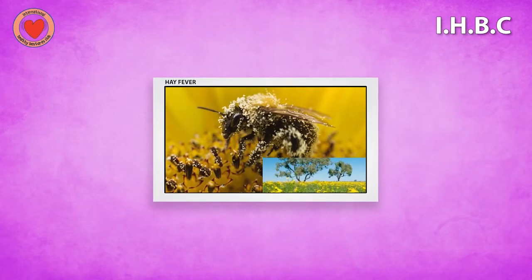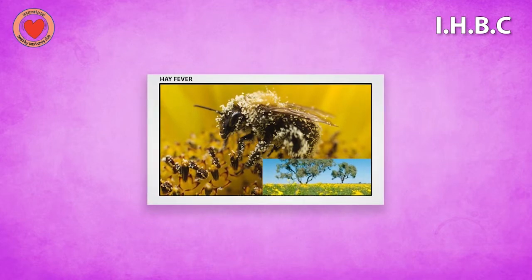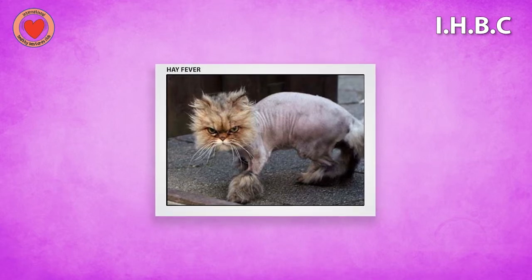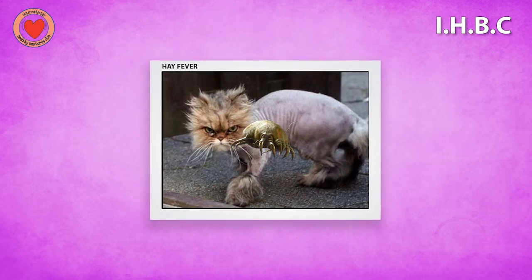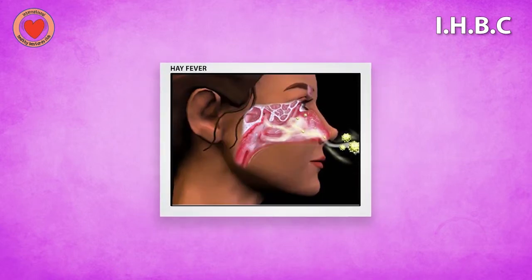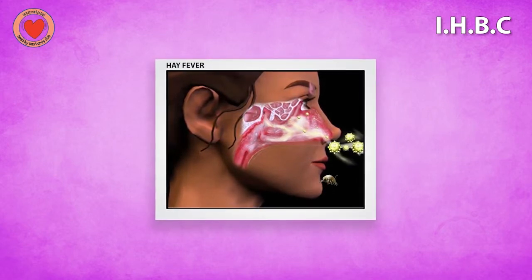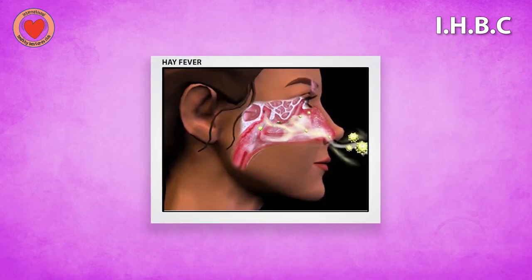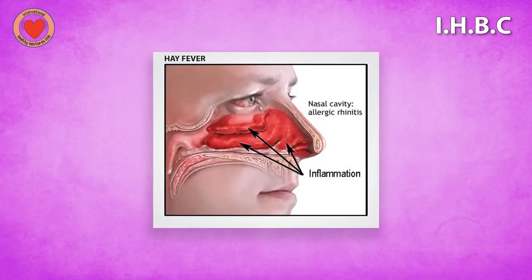Now, what happens in hay fever is that pollens or other particles that you might be allergic to, for example, cat fur or the house dust mite. Look at this horrible little bug. These are the things that you may well be allergic to, and somehow or other, some of the bits of these cat fur or house dust mite or pollens get into your nose and they react with the lining of it. And what this does is that it causes irritation, so you get sneezing,